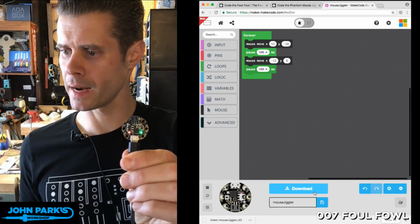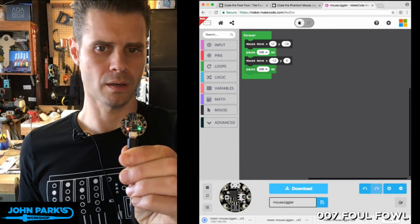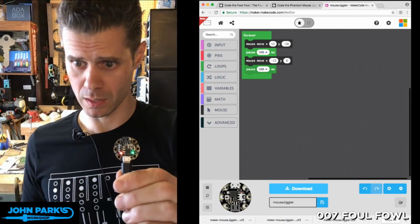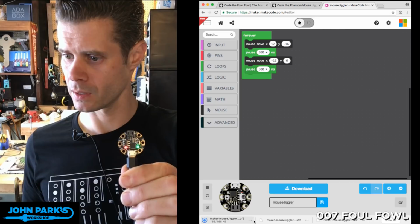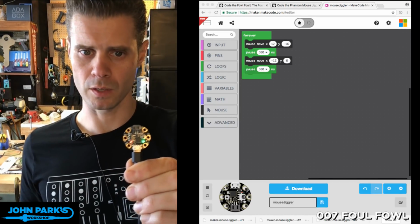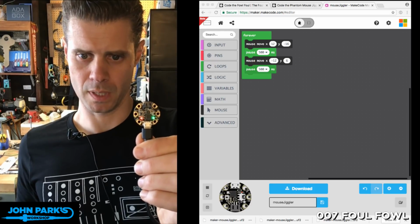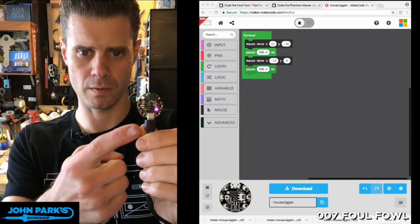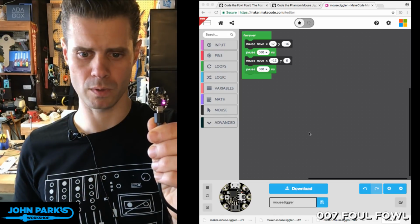So now the file that I'll download, oh yeah, actually the code that was on there was a little different than what I downloaded, so it's good that I'm downloading this. Where did it go? Let's download it, and let's see. Okay, you won't be able to see this part, but I'm just going to drag from downloads. Mouse jiggler is going on to Gemma boot. Okay, it's going to flash and reboot itself. And now, if you watch my cursor over here, once it's restarted,